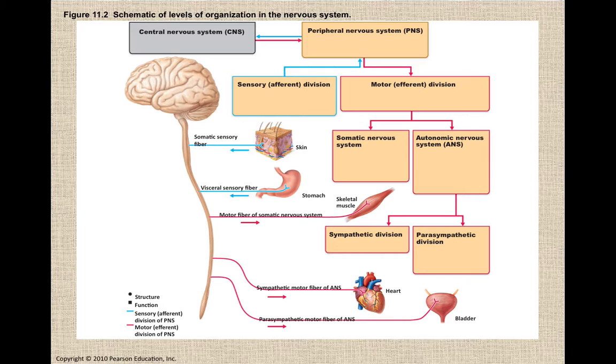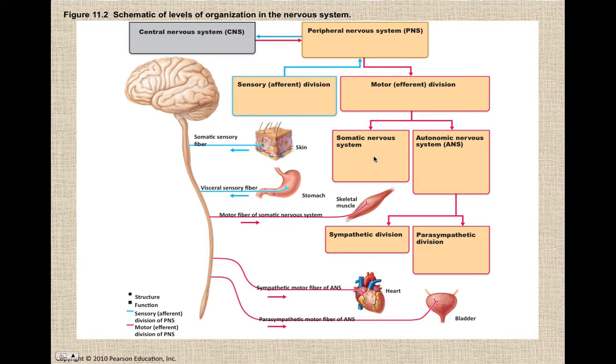Okay, now you can break that down into either the afferent or the efferent division. And if you want to make it easier, afferent is sensory, efferent is motor, or again, the effector division. The effector division is going to then be divided into the somatic and the autonomic. Somatic is going to be everything that you voluntarily control. That would be your muscles, and that would also even be your skin, things like